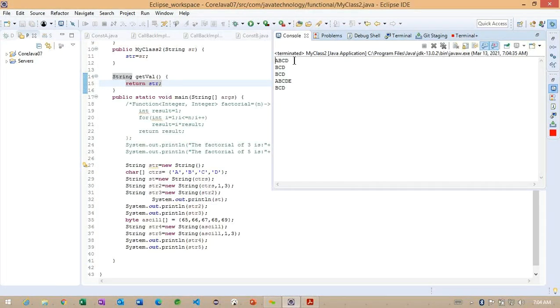You can see the first one is coming from line number 32. We are expecting all the characters which we passed as a character array. Where did we pass it? This is the constructor, at line number 29.